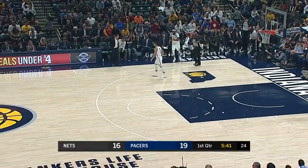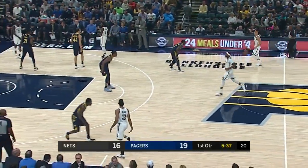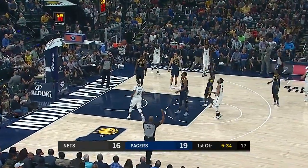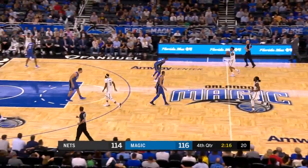Outside of motion strong, the Nets do some other good stuff in early offense as well. For example, a simple pin down for Crabbe here where he can come off the screen and draw a foul. They'll also run Crabbe off a quick double stagger, basically motion